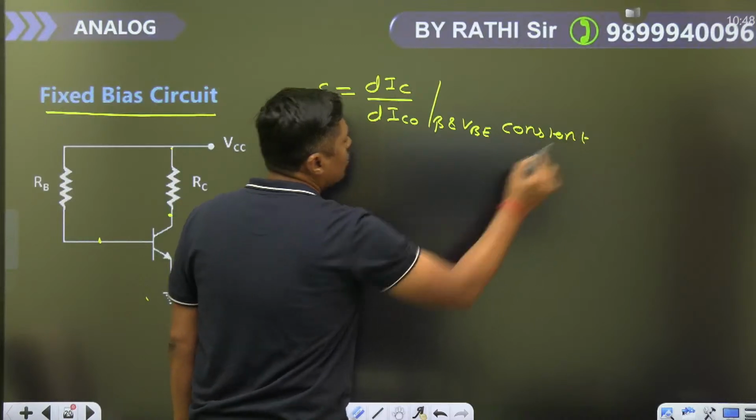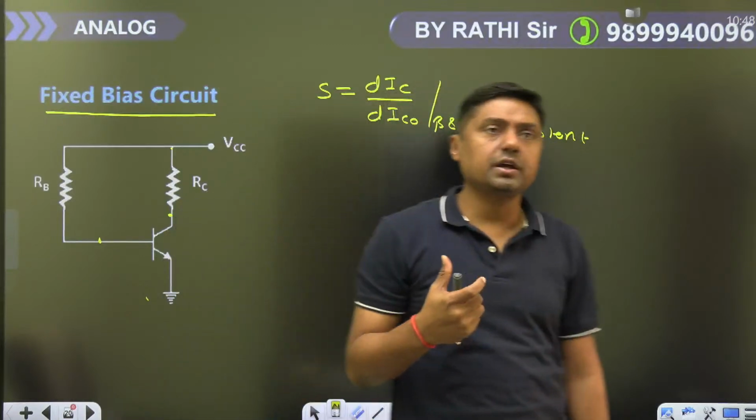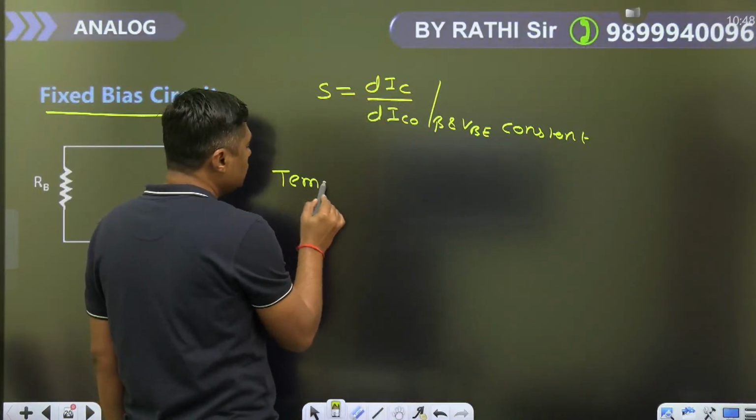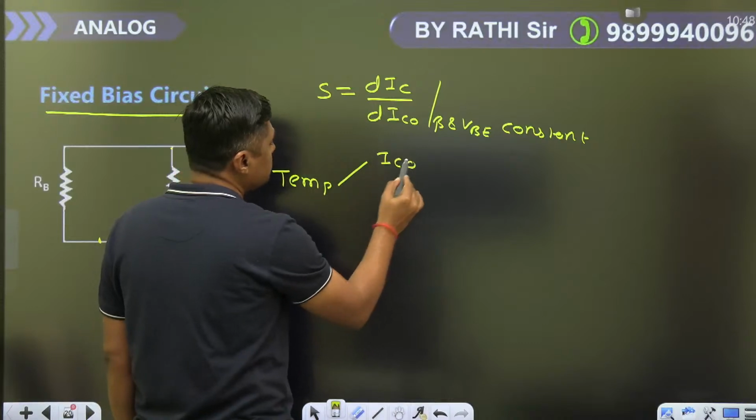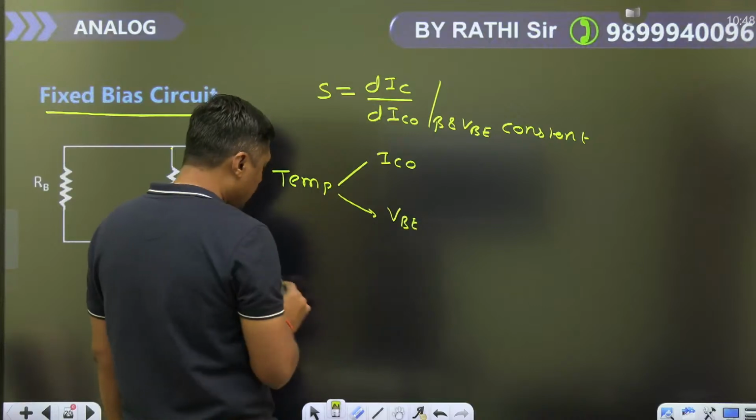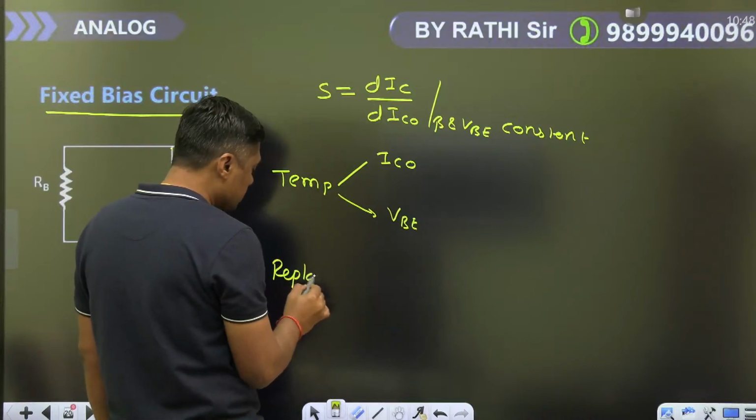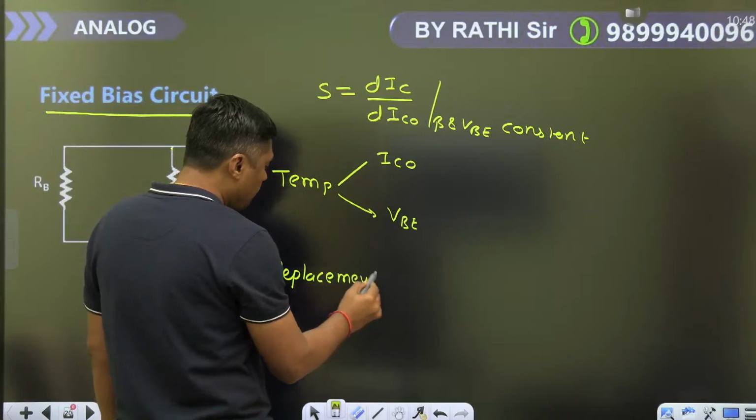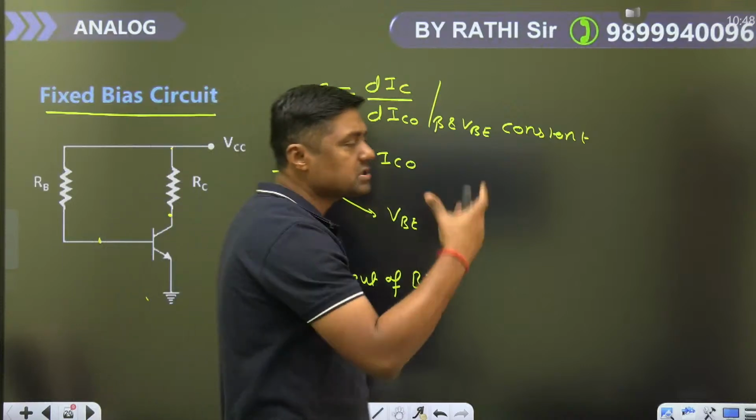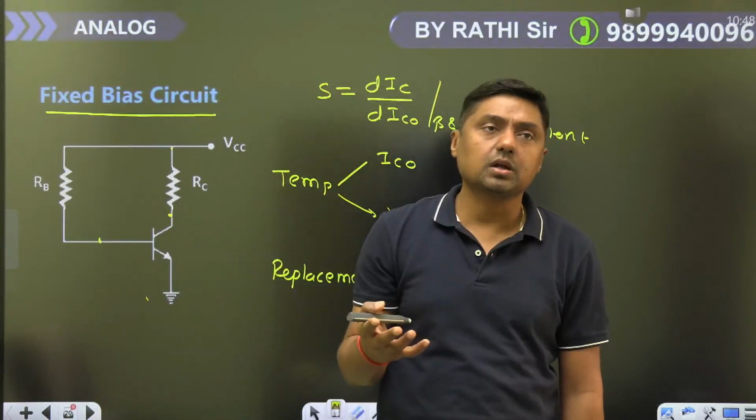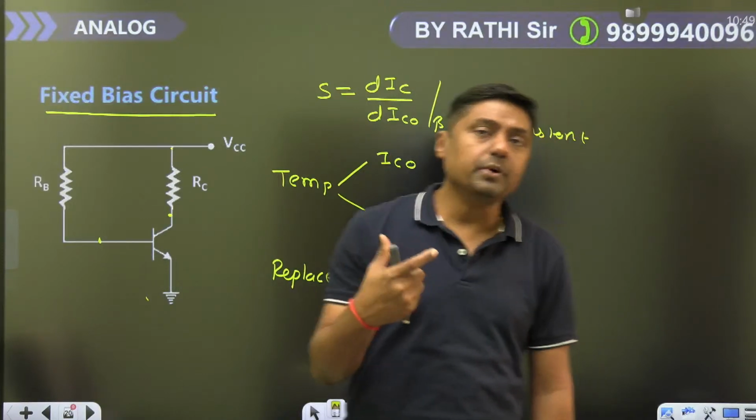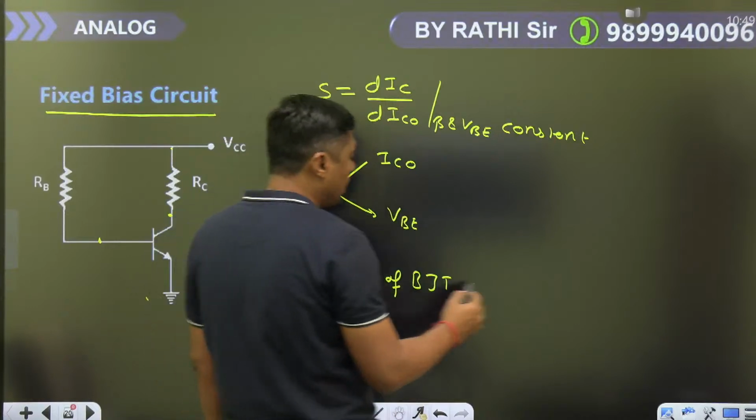देखिए तीन चीजों के कारण आपका Q पॉइंट अफेक्ट होता है। फर्स्ट इज व्हाट टेम्परेचर। टेम्परेचर के अंदर दो चीजें आती है, एक ICO आता है रिवर्स सैचुरेशन करंट और एक आता है व्हाट VB। और फिर होता है सेकंड वन इज रिप्लेसमेंट ऑफ ट्रांजिस्टर। रिप्लेसमेंट मींस मान लो आपके सर्किट में एक ट्रांजिस्टर लगा हुआ है और ट्रांजिस्टर खराब हो गया एंड यू हैव टू रिप्लेस इट। तो जैसे ही आप रिप्लेस करोगे वहां पर जो सबसे ज्यादा इफेक्ट होता है दैट इज बीटा।